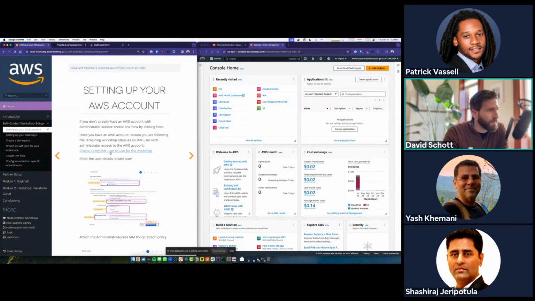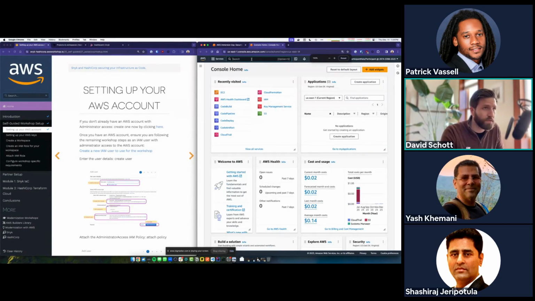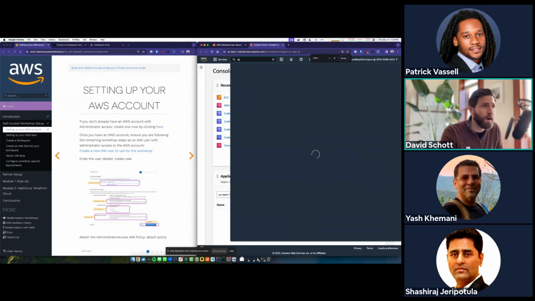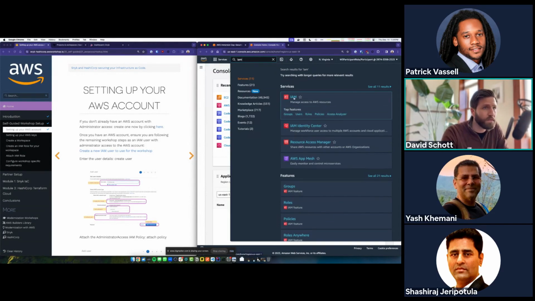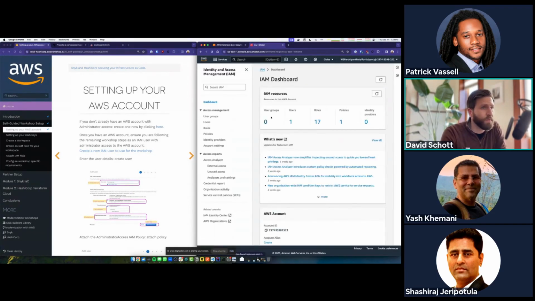So you can either click this link. It should take you directly to the IAM landing page in AWS, but personally, I like to just use the search function here and search for IAM. That's going to take us to Identity and Access Management.